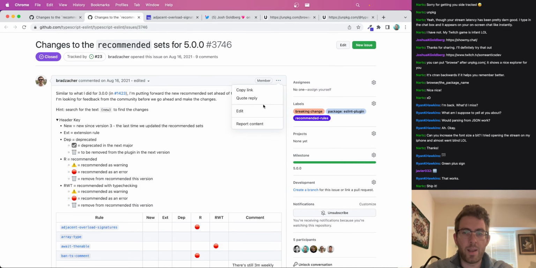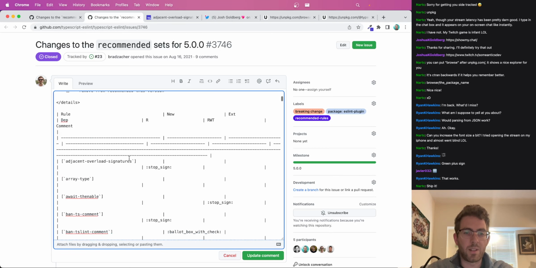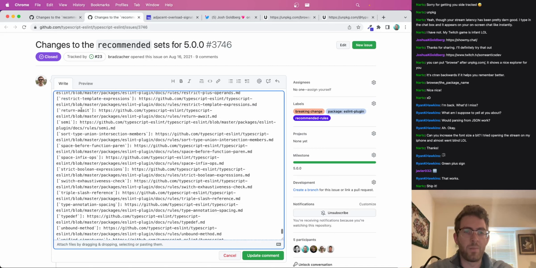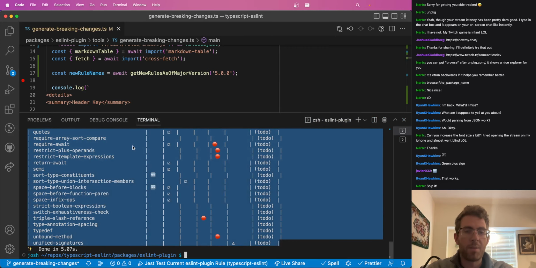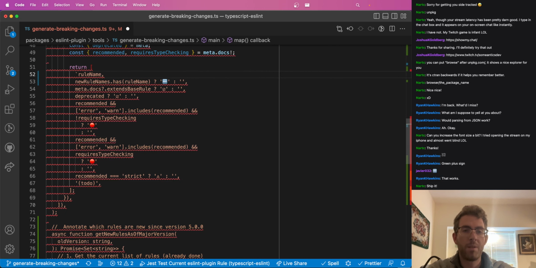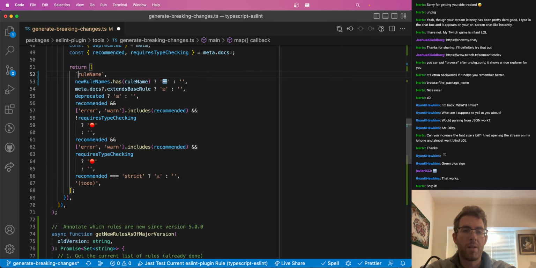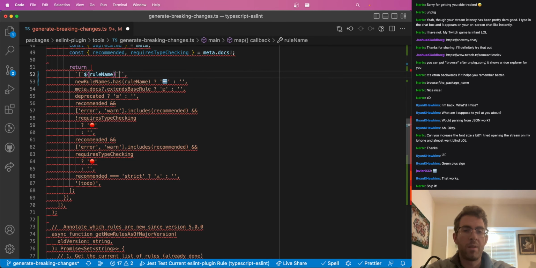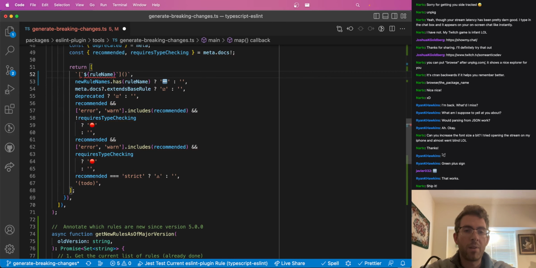So if I edit, we can see it's like a URL that's set up at the very bottom with these like, fun fact, you can do this in Markdown. You can set up these little references here. I'm just going to do that inline because I'm lazy. So for a rule name, there we go. Gonna have backticks, so the rule name is in code formatting, and then